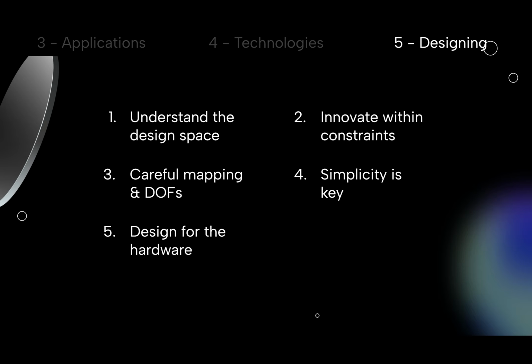Fifth is designing for the hardware, as understanding the limitations and strengths of the hardware is crucial. This includes recognizing the physical space where users will interact with the UI and ensuring the design accommodates different user environments. And finally, training and evaluation, because of course the users are not really used to interacting with 3D